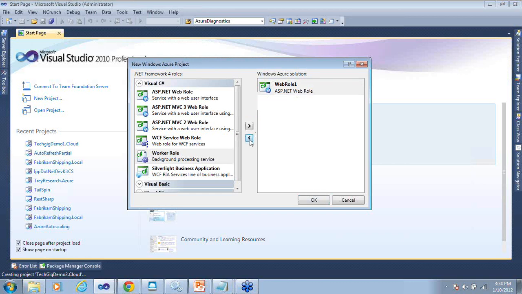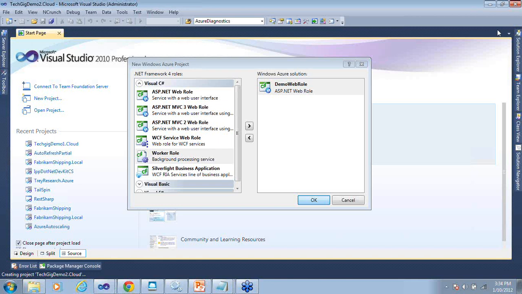So here I just select web role and I give it the name demo web role. Select it and okay. It's as good as creating a new project and selecting some project template from your Visual Studio templates. So here I selected the cloud project and I selected a web role, ASP.NET web role. It is just setting up an environment for me in the solution. So let us see if we are ready with that. Okay, so the project is ready.